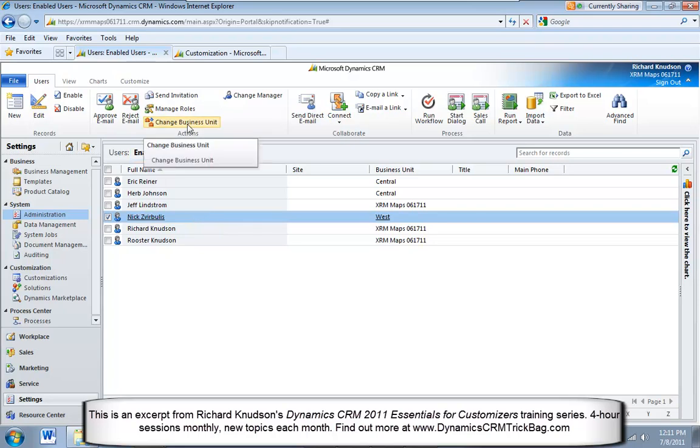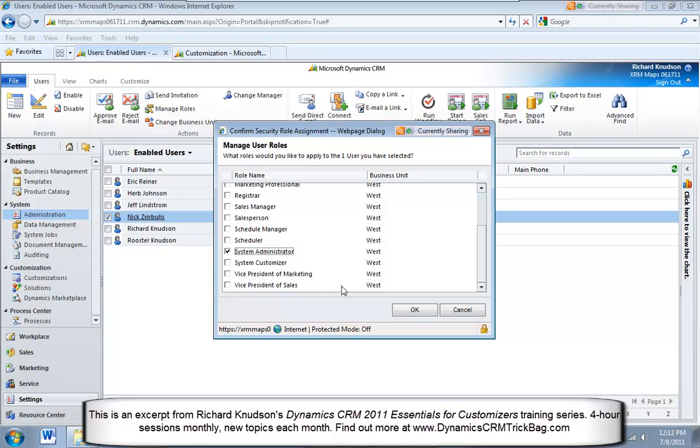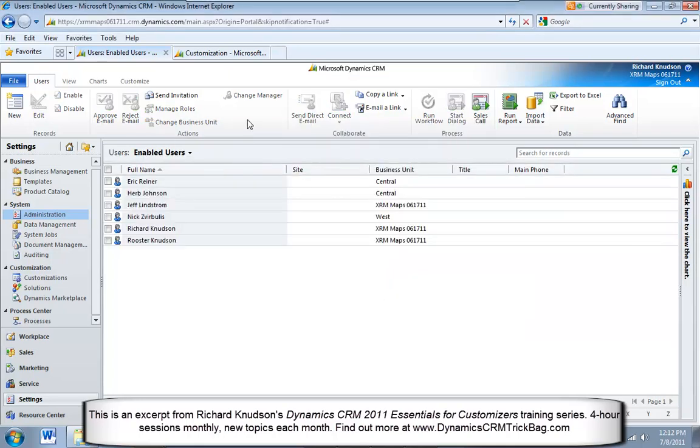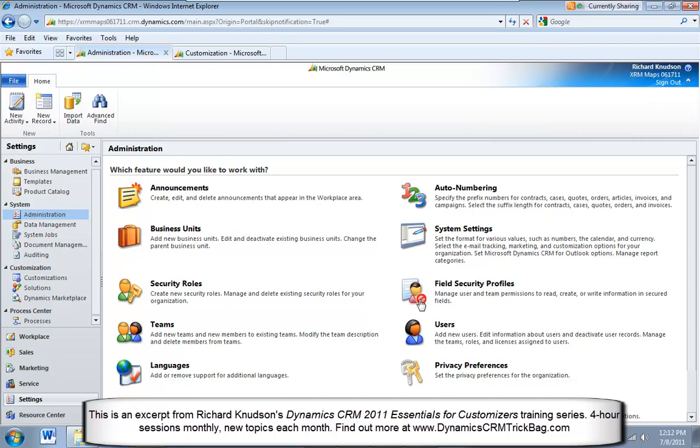Okay, so Nick, I'd probably want to manage your role too, right? I need to give you a security role. That's a security role though, that's different from field level security profiles. Okay. So now I've got those options there, and if I go to my field level security profiles, if what I wanted to do